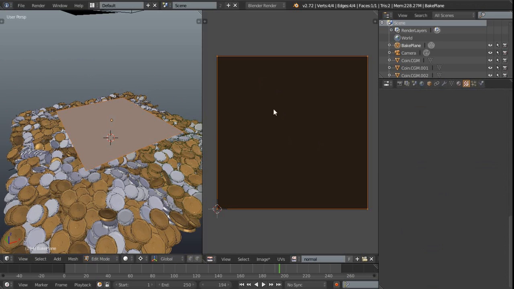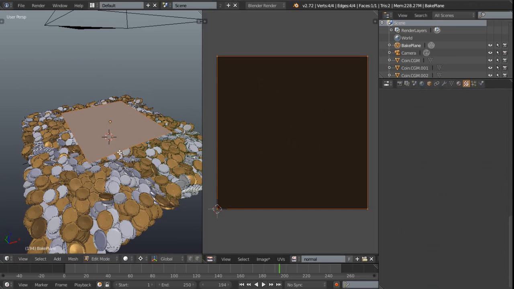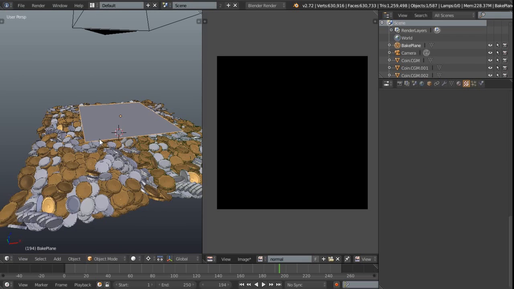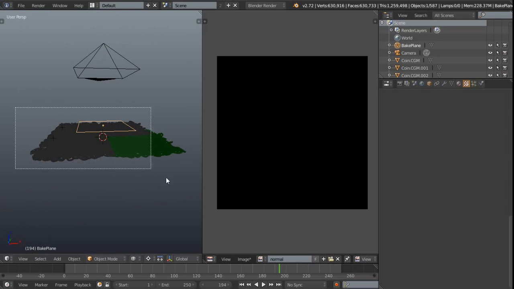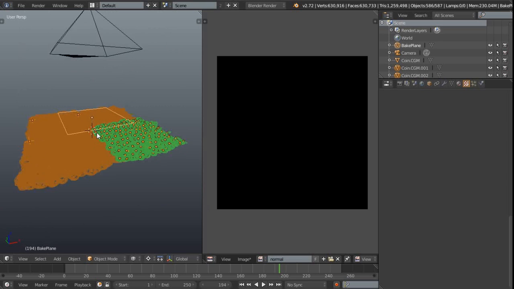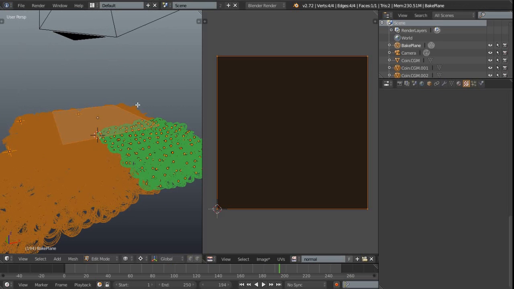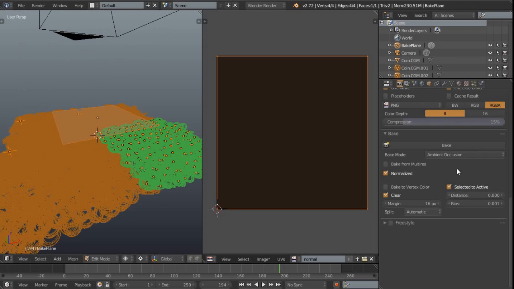I'm just making sure that the normal image is behind those UVs, and then I'm going to press Z to toggle wireframe, and then border select with the B key everything that we have there, and that should select everything. And then we can now come over to here and then select our normals and select it to active,